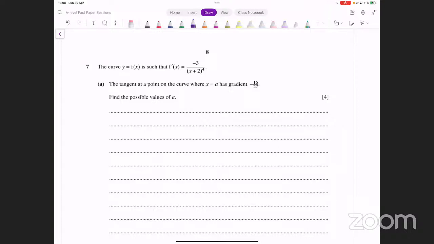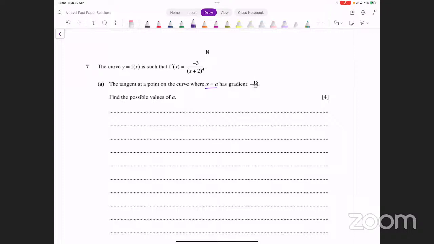The curve y equals f of x is such that f dash of x is equal to (-3/x plus 2) whole raised to the power of 4. We have this derivative given. The tangent at a point on the curve where x equals a has gradient -16/27. We need to find the possible values of a. ओके, सो टेंजेंट है पॉइंट ए के ऊपर, इट हैज ग्रेडियंट -16 और 27।